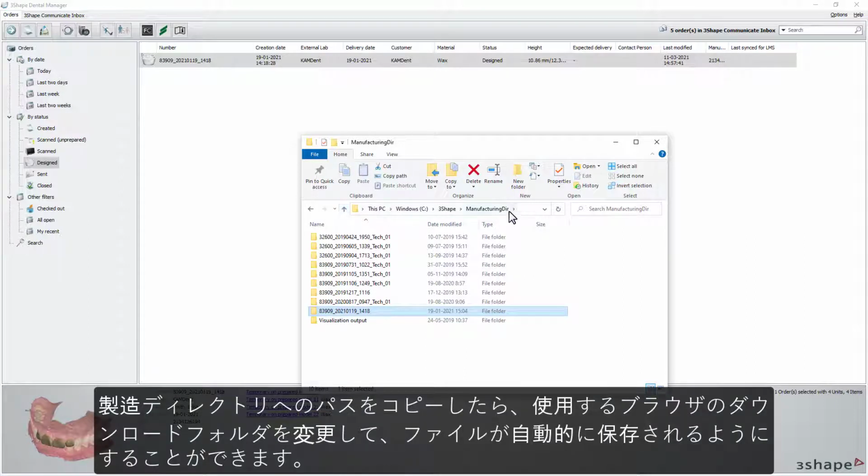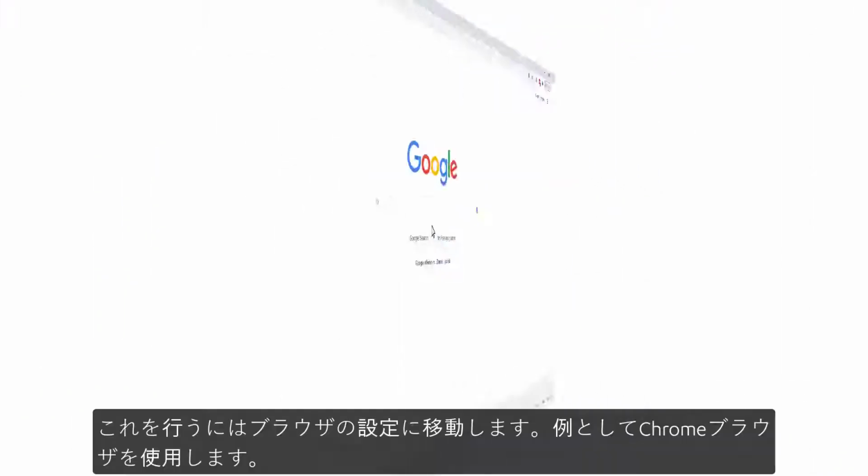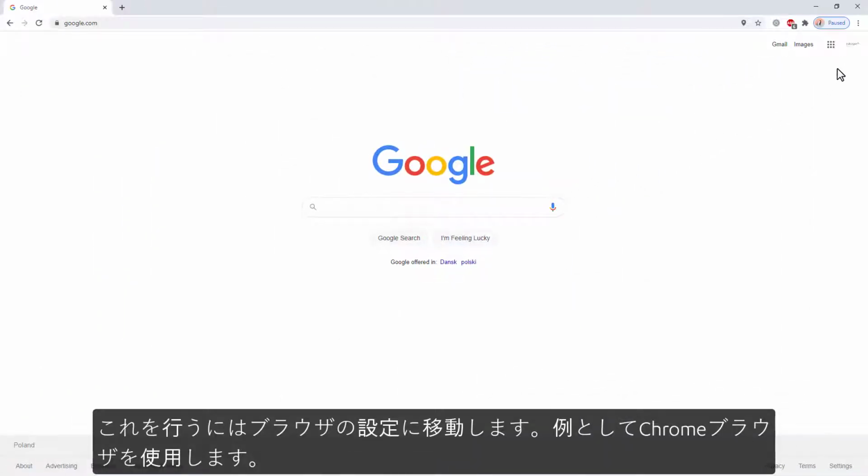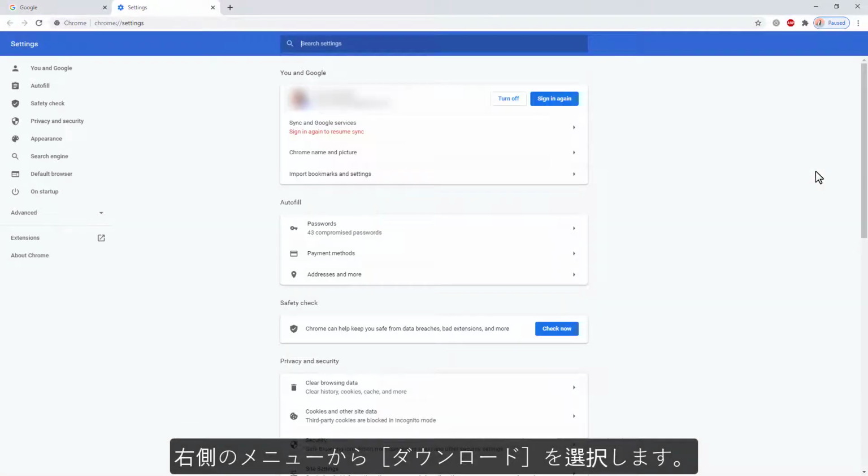Having the path to the manufacturing directory copied, you can change the Downloads folder for the browser you use, so that the files will be automatically saved in it. To do so, go to the browser settings. In our example, we use the Chrome browser. From the right menu, choose Downloads